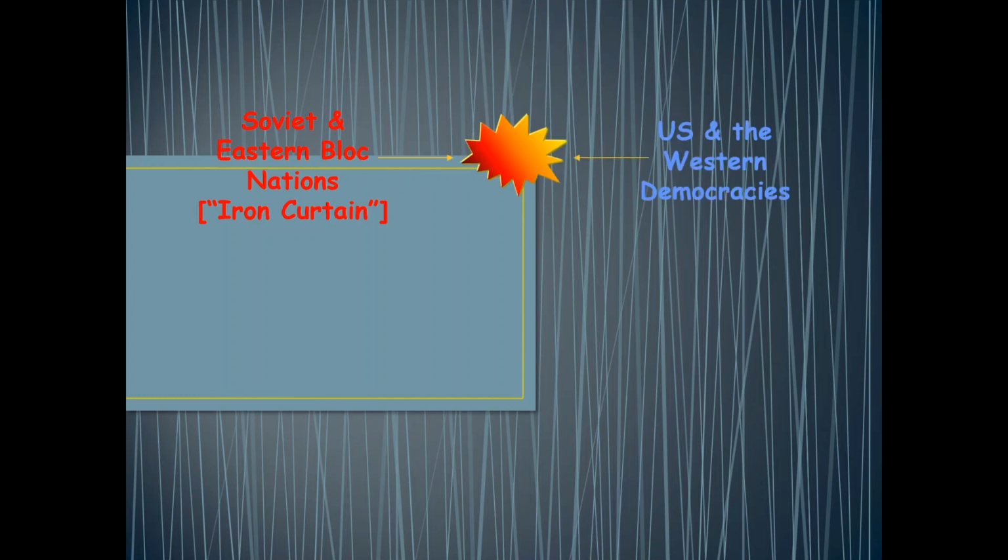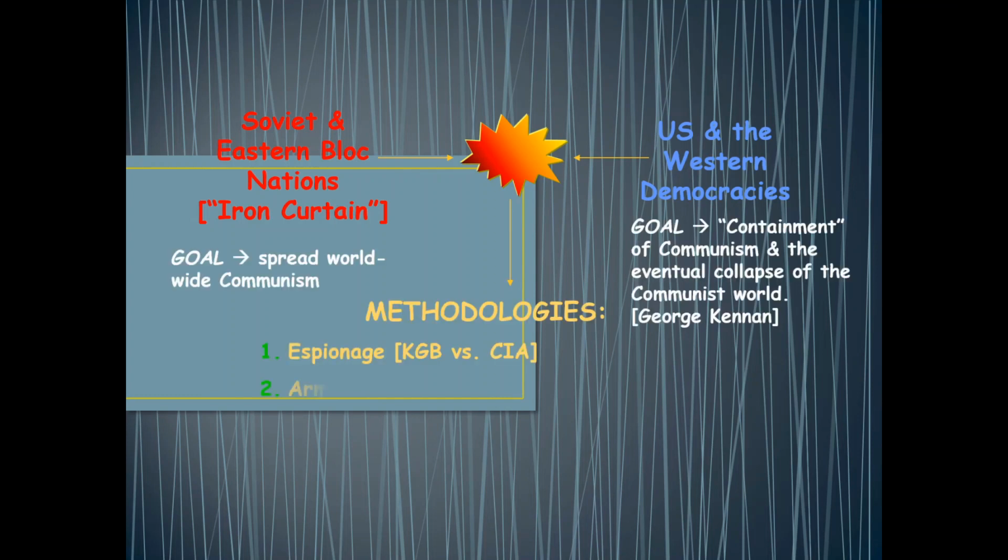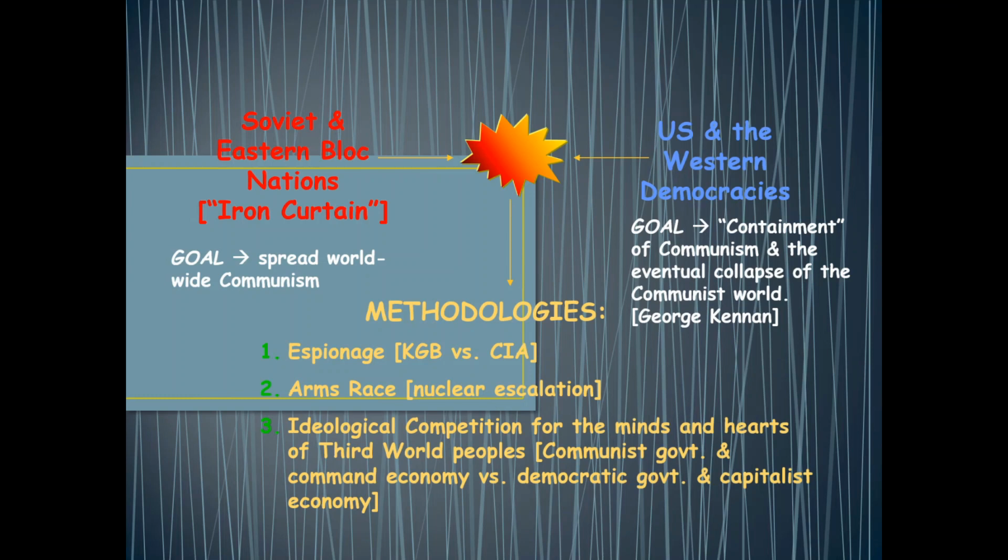So let's get started. After World War II, there's going to be two alliance systems that are going to develop as the world's going to become more bipolar. In the Soviet Union, they'll have the Eastern Bloc. These nations will be led by Communist Russia. They're going to force the Eastern European countries to become communist in violation of the Yalta Agreement. They're going to join an alliance system called the Warsaw Pact. America is going to get the Western nations, the non-communist nations, to join an alliance system called NATO.